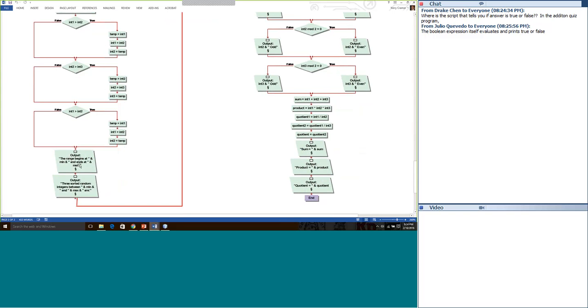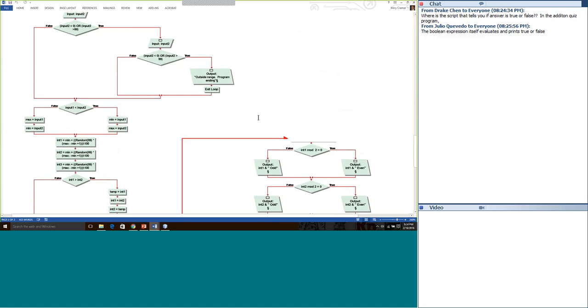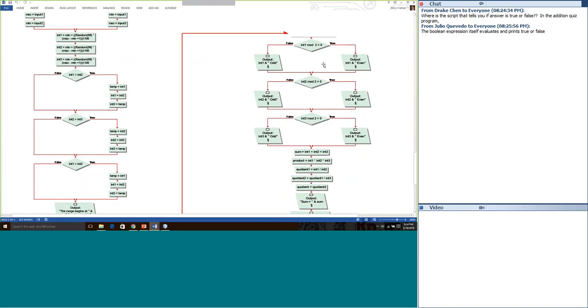So now we've calculated that all out, and now that gets put out. The 3 sorted integers between min and max are, and if you follow my flow chart, it goes over here. And we have where I do my modulus 2 function on int 1. If it's equal to 0, well, then it's even, and I put out even. For the second integer, I do a modulus 2. If it's even, it's even. And if the third integer is even, I put out even. Otherwise, I'm putting out the integer is odd.